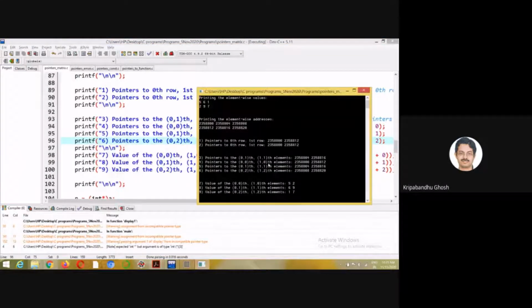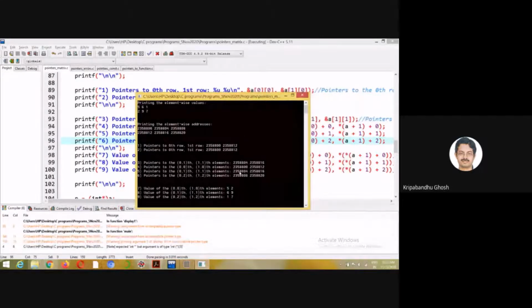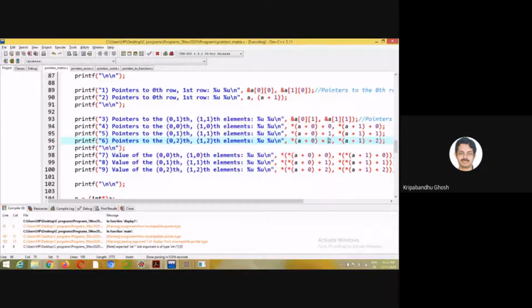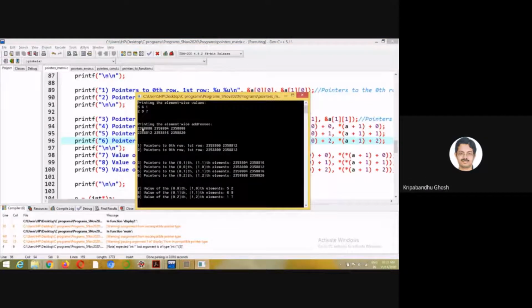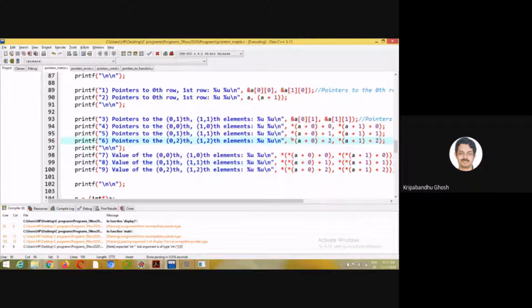Right. So this 4, 5, 6, right? 0, 0, 1, 0. This is the address, right? 01, 01, 804 and 11, 816. And finally 0212. That's what we are doing, right? 0212. So 0012. So it is 02 and 12. Right. So this is the way we can access the addresses of the elements.